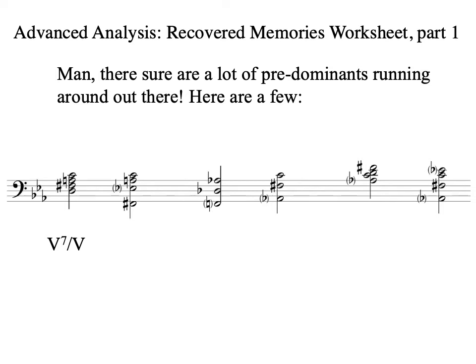But the other chord that's really good at doing this is the 7 diminished. This is of 5. Anything of 5 is a predominant. So 5/7 of 5 is a good one, as would 5/5 be. 7 fully diminished 7 of 5 is a good predominant. But it could also be 7 diminished as a triad of 5 or 7 half diminished 7 of 5, and it would still work. Other chords that are good predominants in C minor,